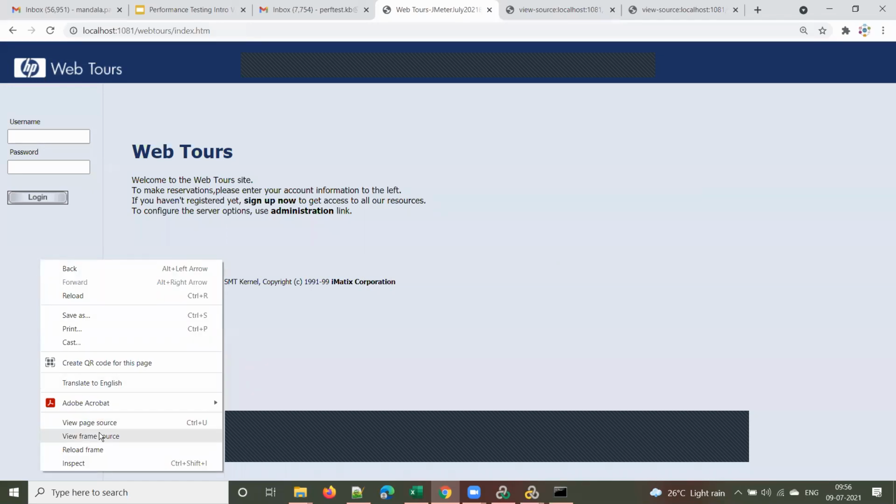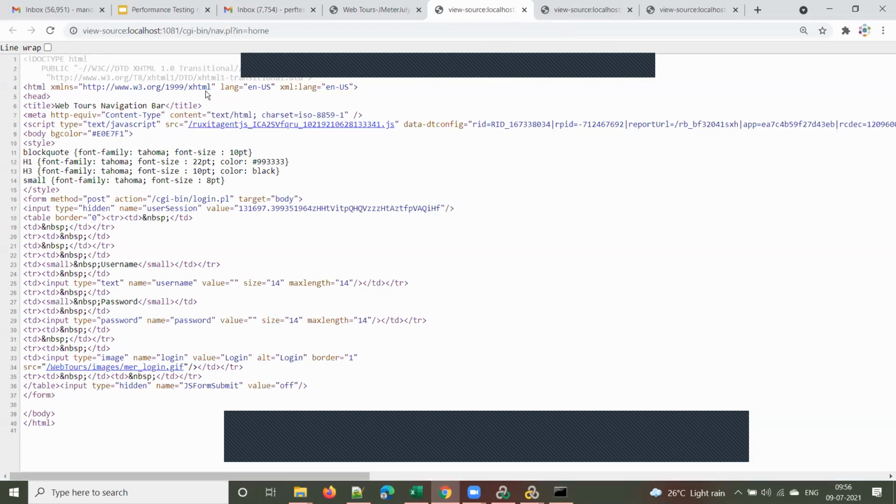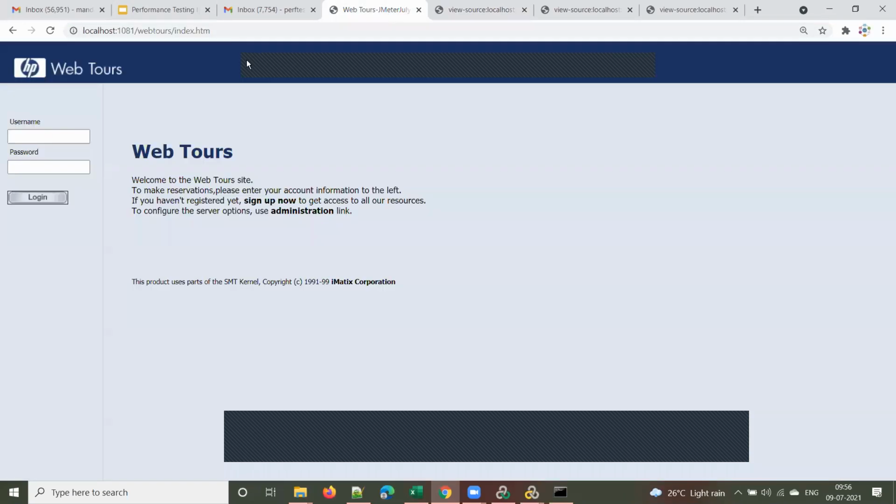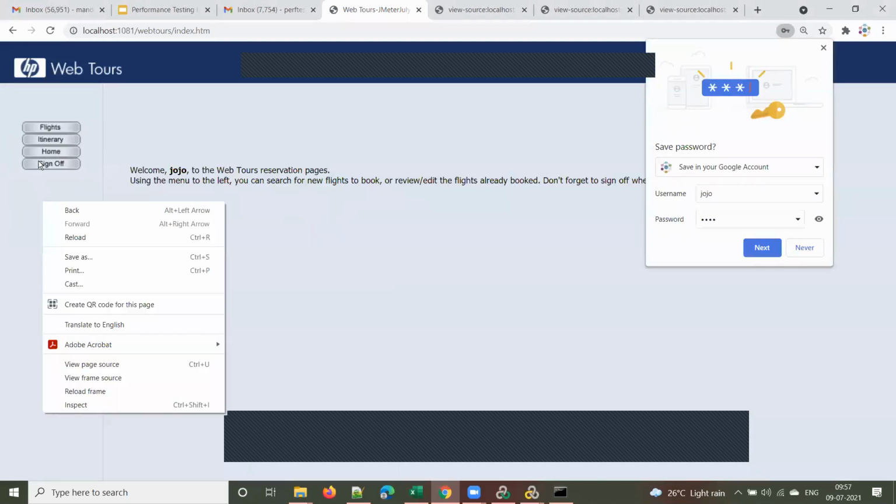Suppose if you right click here and use view frame source, it will show you nav.pl. See here, this frame is called nav.pl. Nav for navigation, right? If you want to navigate through the application, we log in here, and let me show you. So we log in here, and again, this is used for navigation. That's why they named this part nav.pl. Is it clear?